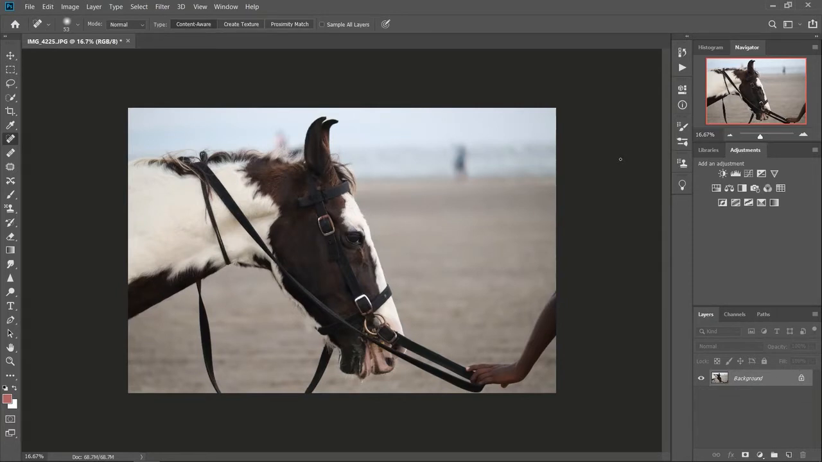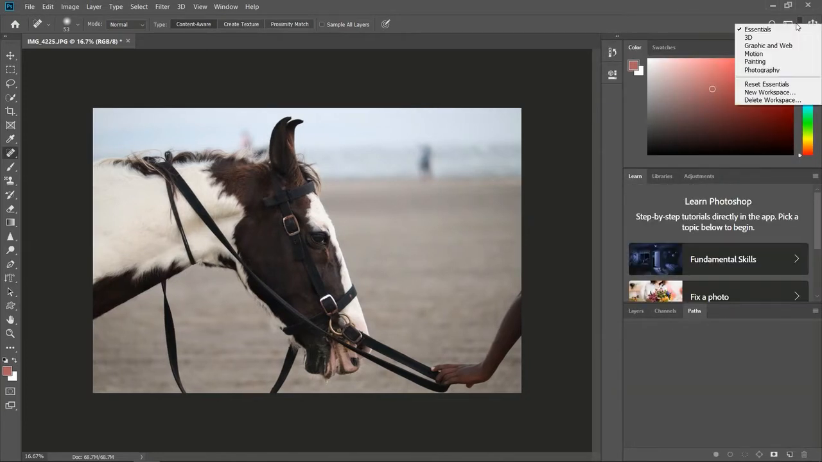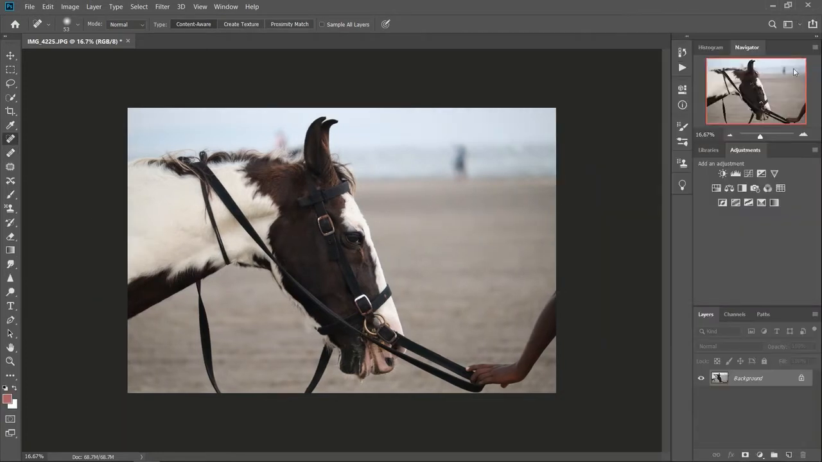Hey, welcome back friend. Here in this lesson you're going to learn about a magical tool in Photoshop that can bring a lot of information and allow you to reimagine the photo in a new way. So here just make sure that you are in the photography workspace, or you can choose to go with essentials. And here just below the